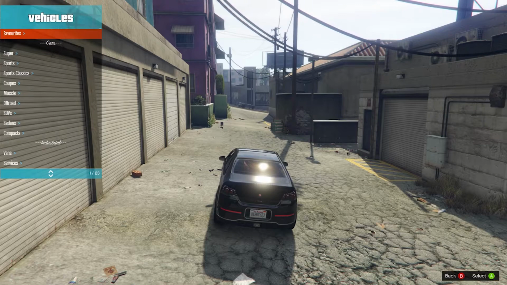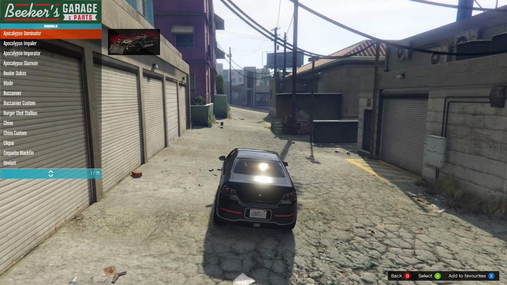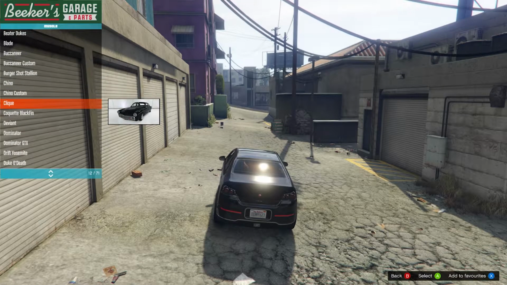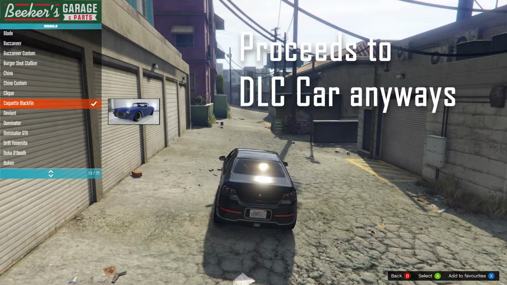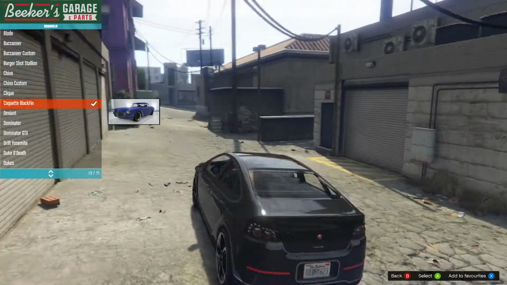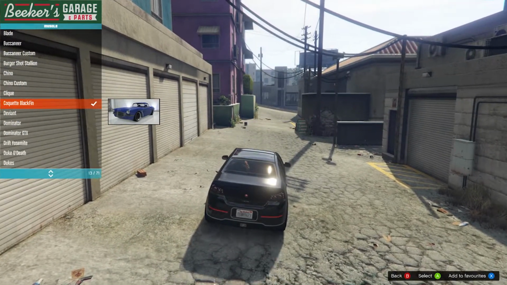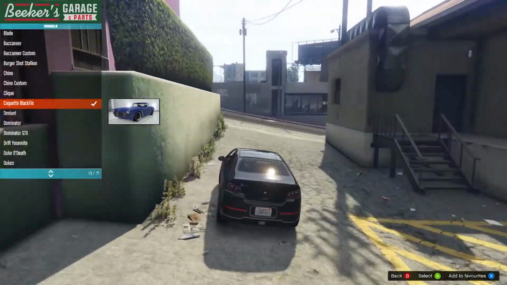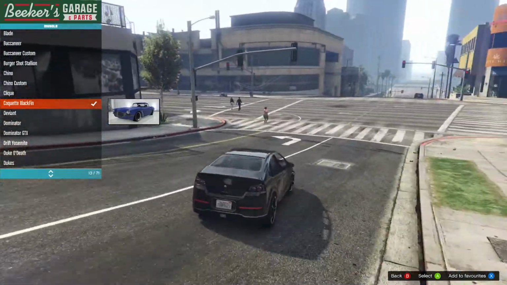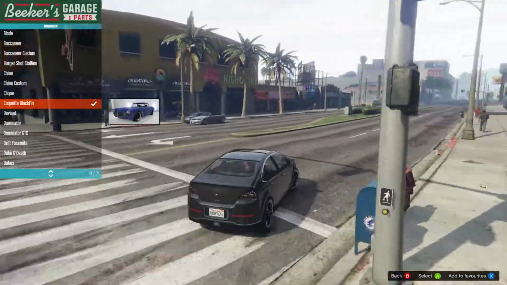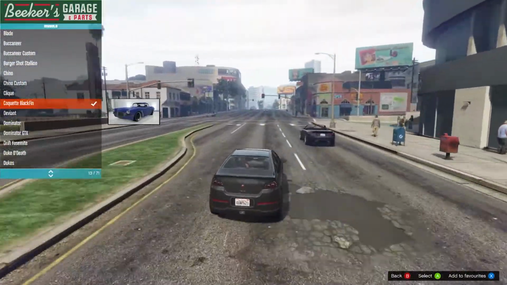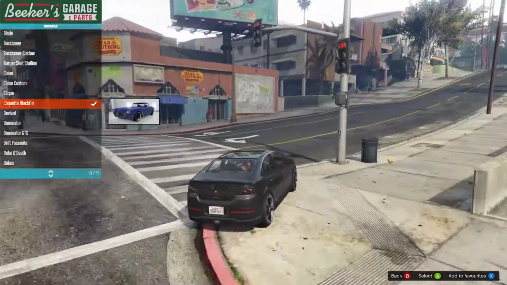So let's say I want this to sound like a muscle car, and let's make it sound like the Apocalypse. You know what, let's just pick a car that's not a DLC car, the Coquette, right? All right, click that, you have a little check mark by it, and now if you accelerate, it sounds really beefy. So that is something fun to do if you guys want to just change the car sounds. So now if I'm just driving around, this thing just drives and it sounds like a beefy muscle car,